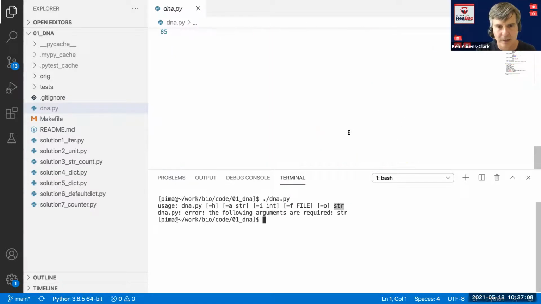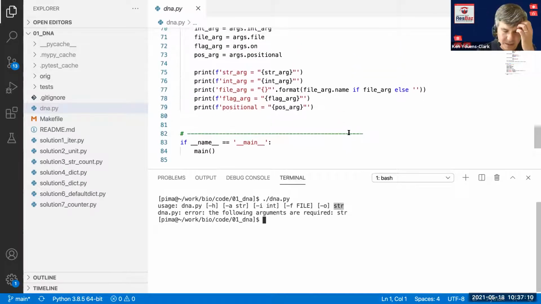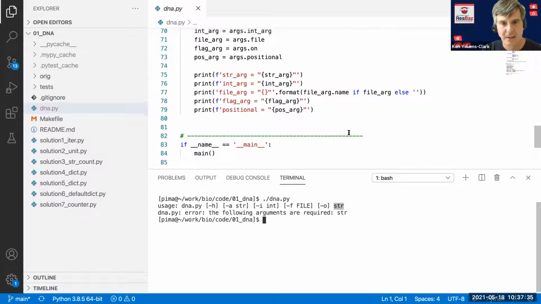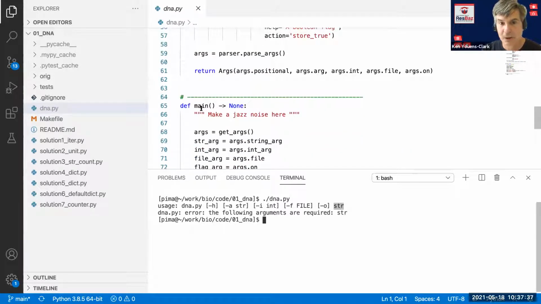I'm going to go to the bottom here because oddly, this is kind of how Python works. Python reads the entire file top to bottom. If you just start writing Python code like the one that I showed you to start off with, it didn't have any of this extra stuff. It just had a couple lines of Python right there in the main body. When Python read those, it just executed them. Here, I've created more structure. I've created a couple functions, and the program is going to start in this function called main.